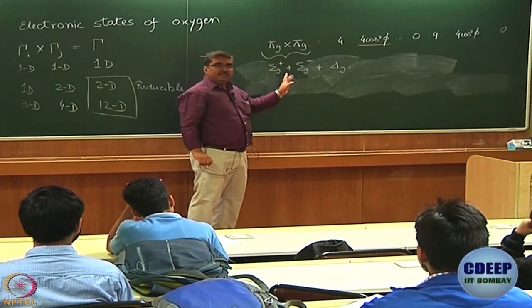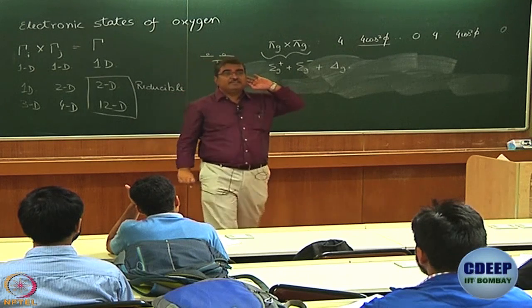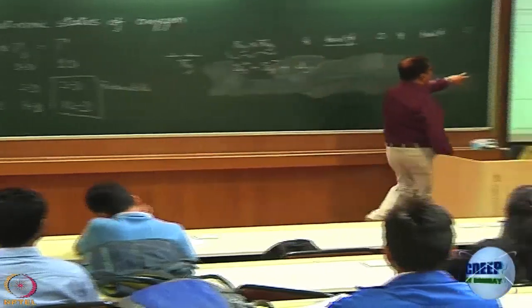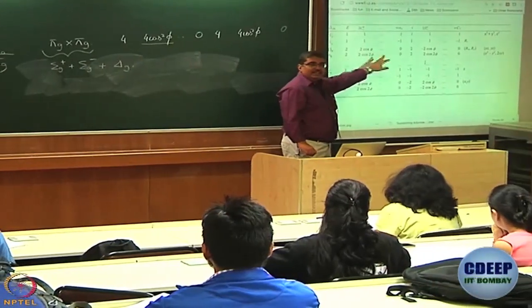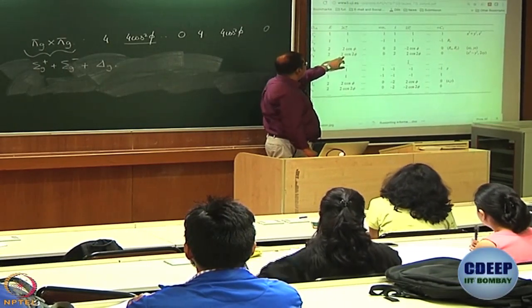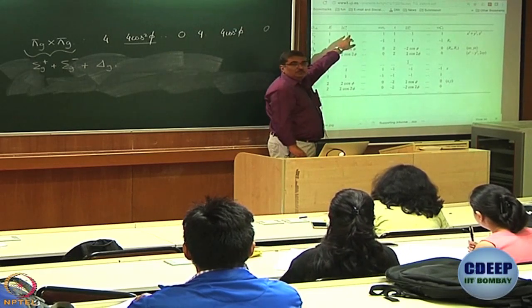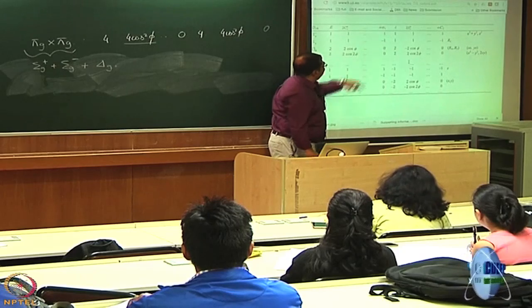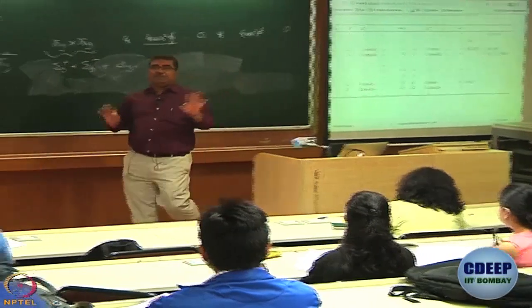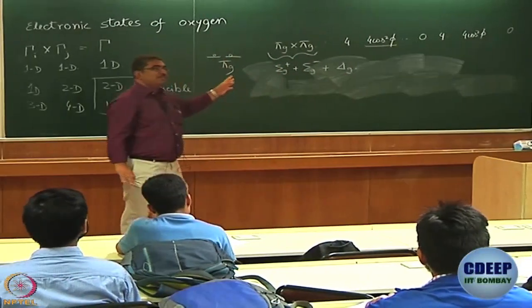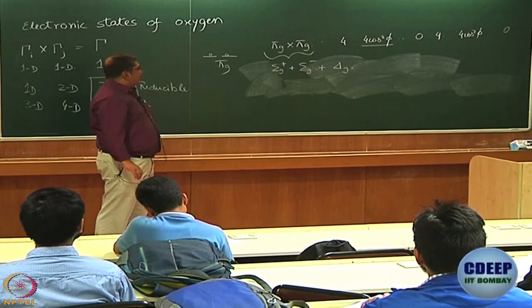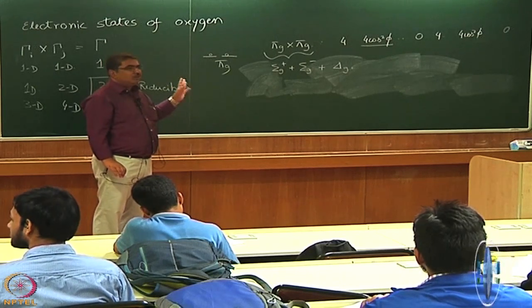You agreed with that? Work it out, see if it will work. For delta g you have the characters 2, 2 cos phi, etc. If you add 2 sigma g plus, what will you get? 2 plus 2, 4, that is okay. But then you get 2 cos 2 phi plus 2, that is also okay. 0? 0 is not coming. Somewhere it will go wrong. You will always get a unique combination, there is no doubt about that. That's one good thing about symmetry. If you go wrong, it is very easy to figure out that you have gone wrong. Alright. So, this is the brute force method. It is not all that difficult also.